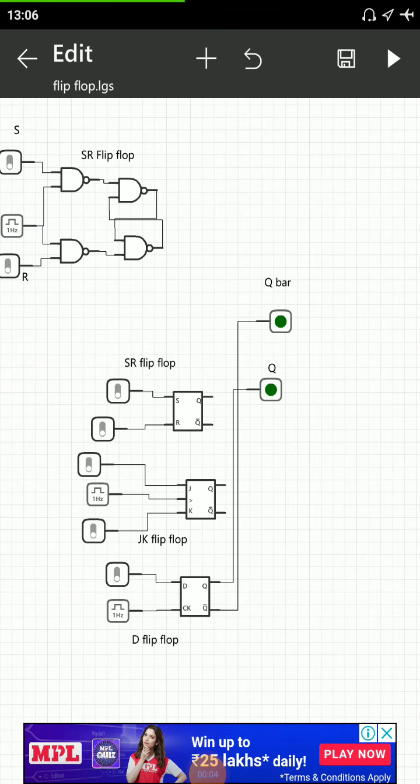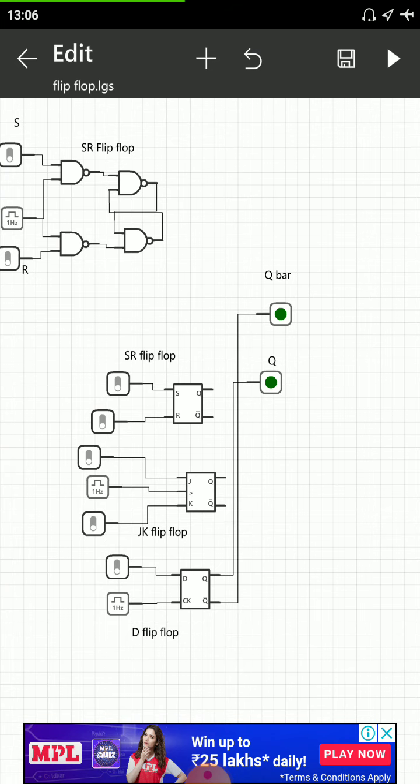Today we will implement flip-flops, that is RS flip-flop, D flip-flop, JK flip-flop. So I have already implemented the circuit. Okay, SR flip-flop I have designed using 4 NAND gates and